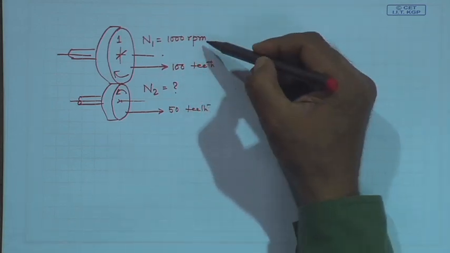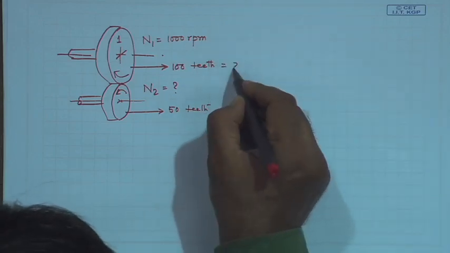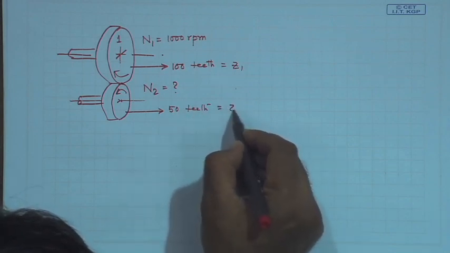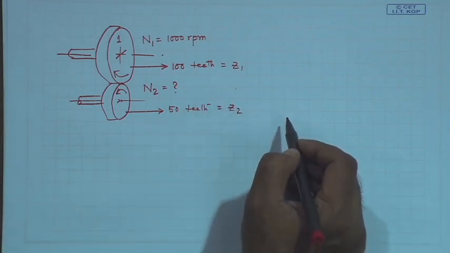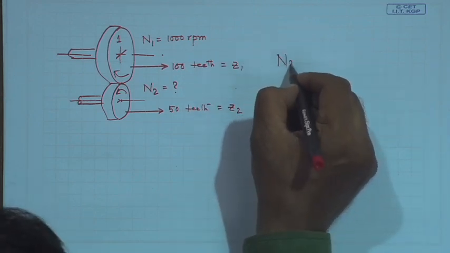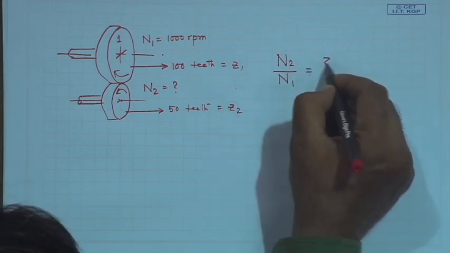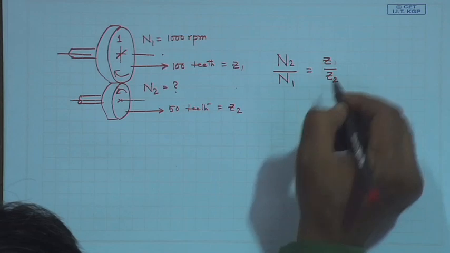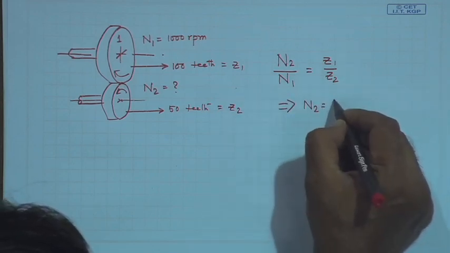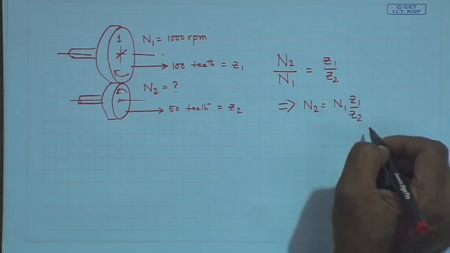So, what is given? N1 is given, Z1 is given. So, this is Z1, N2 is not given, and Z2 is given. So, find out N2. We can say the answer is N2 by N1 being equal to Z1 by Z2. N2 is N1 into Z1 by Z2, equal to